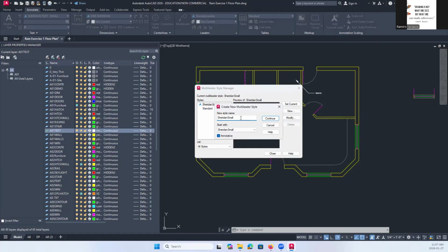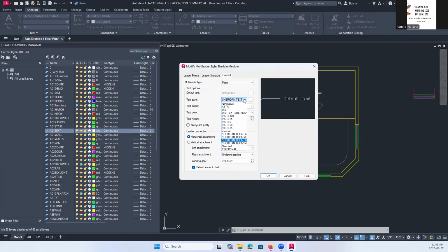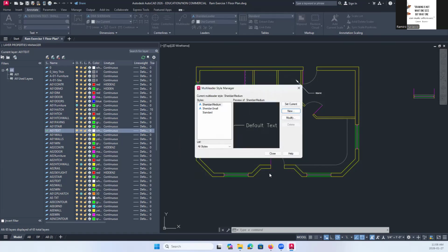So if you want to have different text styles with different text heights, then you need to, like the text style, create different multi-leader styles.